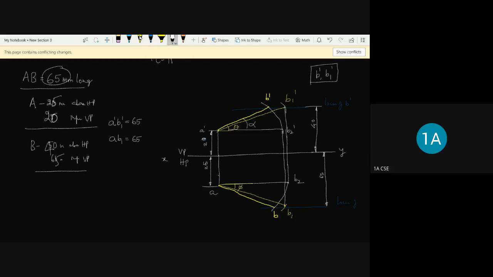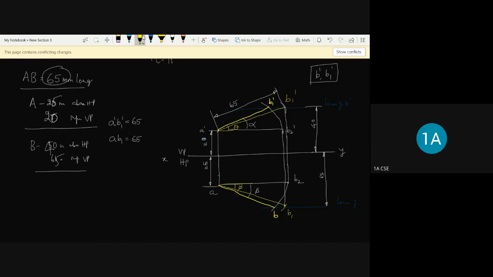So now this is alpha and this is beta, and these are the apparent lengths. This is the true length dimension you have to mention because this is what he has given. So the true length dimension is this 65. Like that you have to represent. And B1 dash you can represent a little bit down. So this is the B1 dash.